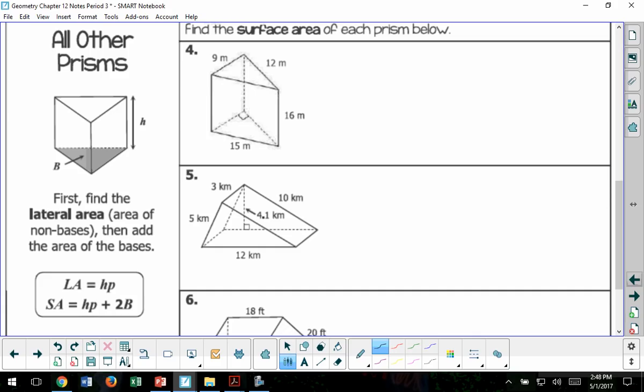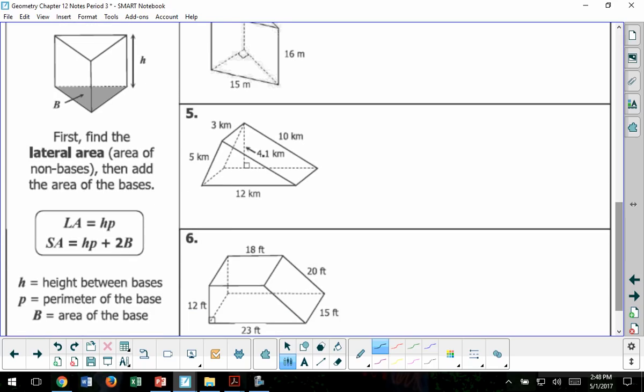So what does this B represent? It doesn't represent anything unless you understand that the big B means area of the base. That doesn't represent area to you guys. How do we represent area in here? With what? Unit squared. No. A, the letter A. Hasn't area always been represented by A? Yeah. Okay, so this right here,